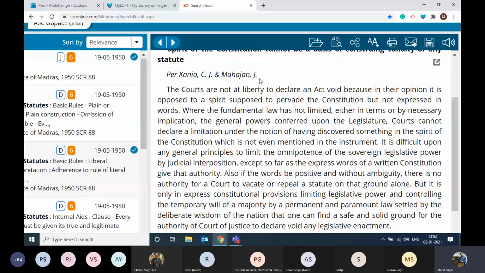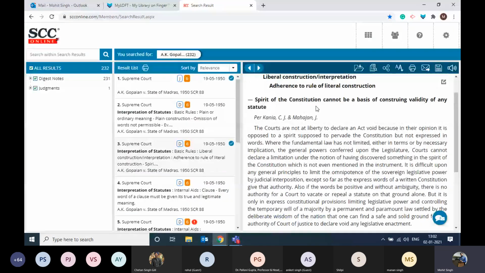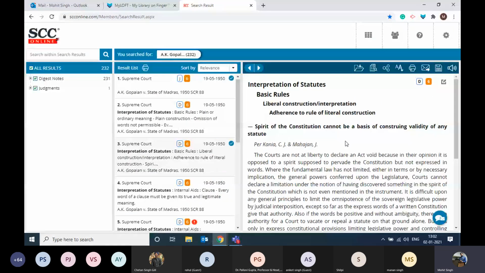That is the hard work of our editors. They have read the whole judgment and then given you the opinion of the judges right in front of you, rather than you jumping onto the judgment and getting the information by yourself. So that is the main importance of the digest note. It saves your time so that you don't have to read the whole judgment. You get the gist of the judgment as well as the opinion of the judges right in front of you. That is why reading the digest notes is really very important.